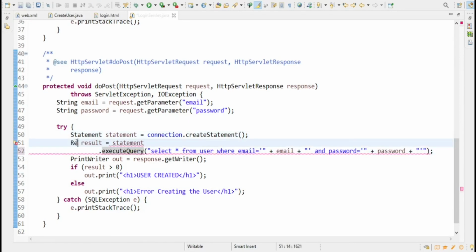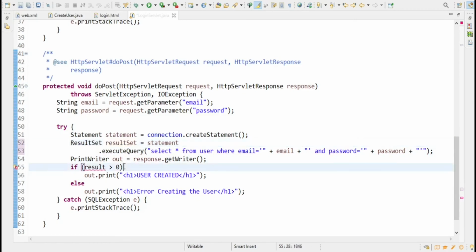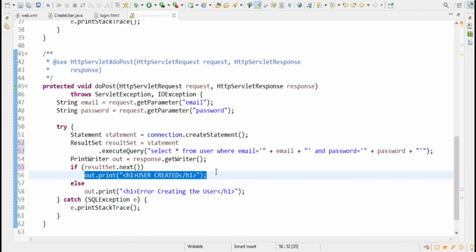This execute query method returns a result set type. Change this integer to result set and result to result set. We have to check the result set to see if there are any records for the given username and password, and do an inter-servlet forward or include using the request dispatcher. Change this if condition: if result_set.next, so even if there is at least one record, we are going to say